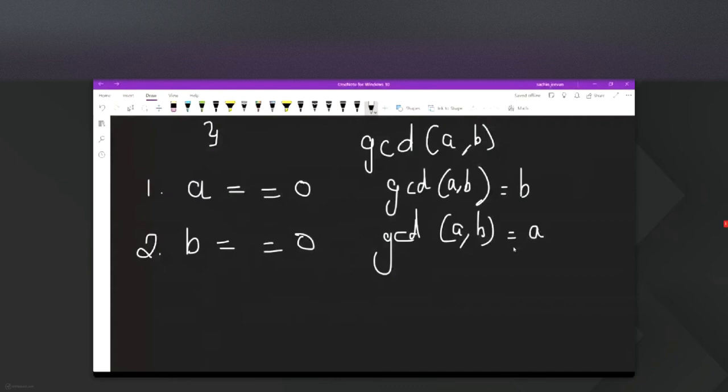Second, if B is equal to 0, then GCD of A comma B is equal to A. So if A equals 0, then GCD of A comma B equals B. If B equals 0, then GCD of A comma B is equal to A. Okay, fine. So the next thing is,